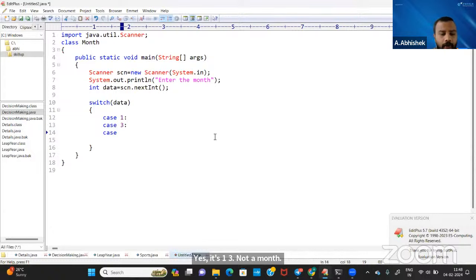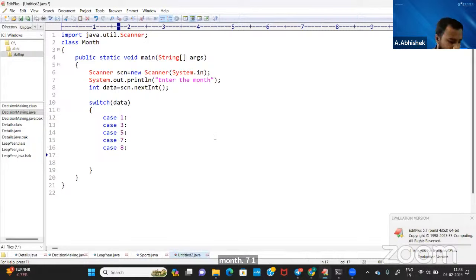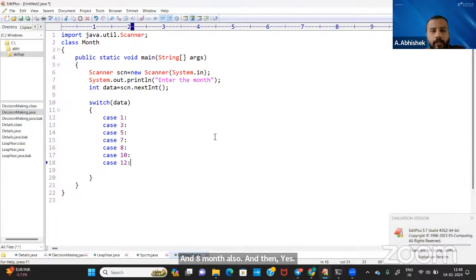Case 5, fifth month means May. And again seventh month, and eighth month also. And then 10th month, 12th month. Case 10, case 12. Yes, so these are all the months